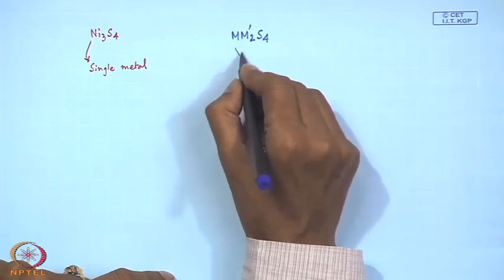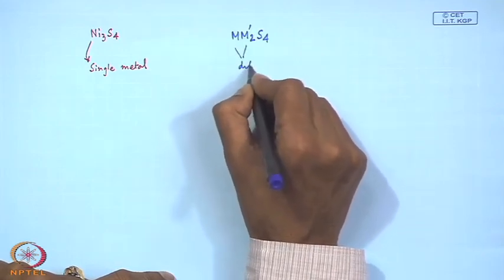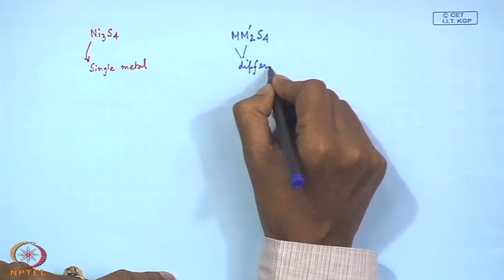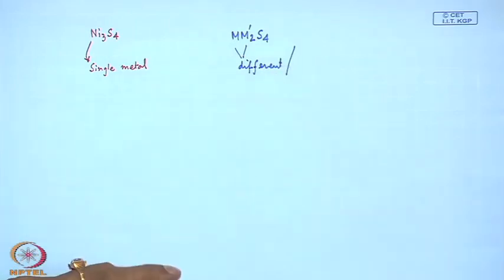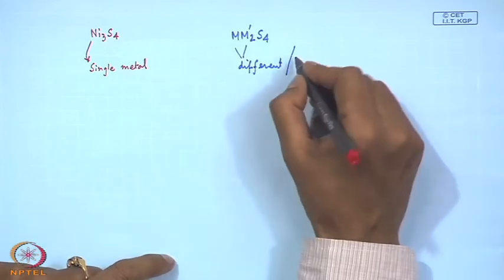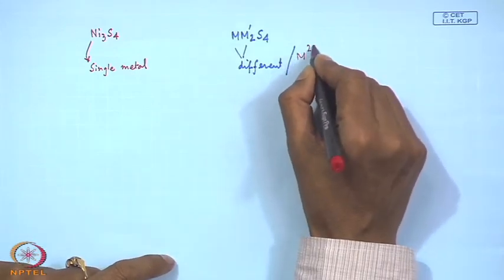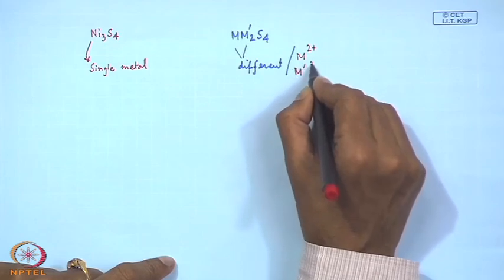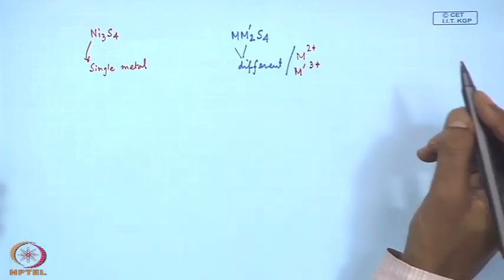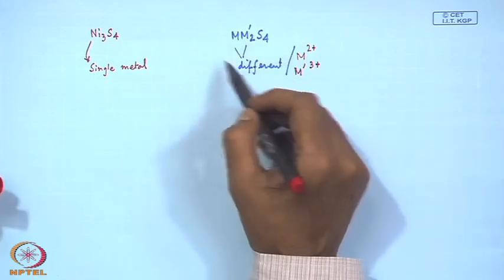So, these two are different metal ions, because we can have M as bivalent metal ion and M prime as trivalent metal ion, and this sort of spinel